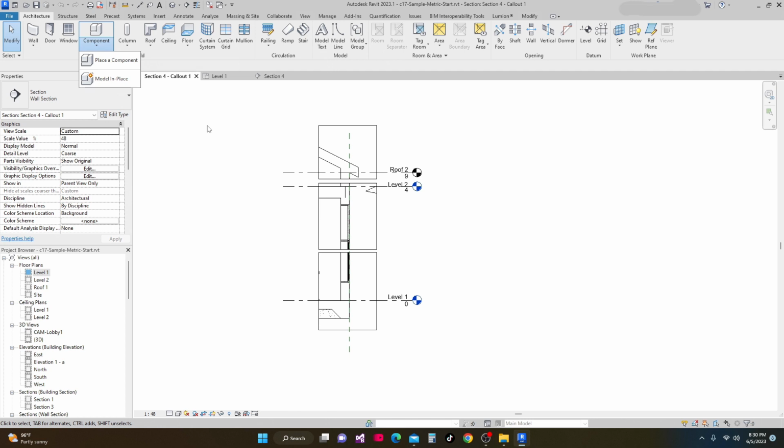This is advanced, for those who are already familiar with all of the commands of Revit. You can even make some appliances directly inside your 3D model using this model in place. So that is the meaning of our